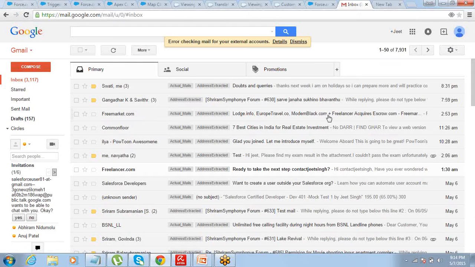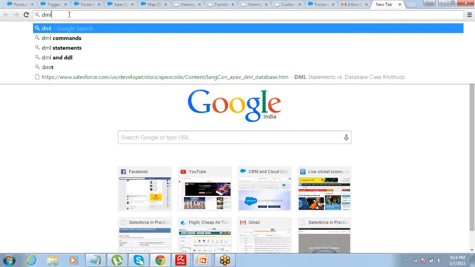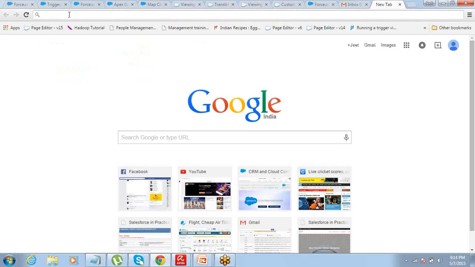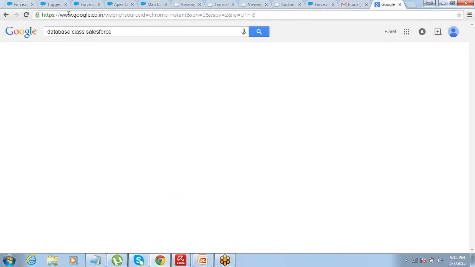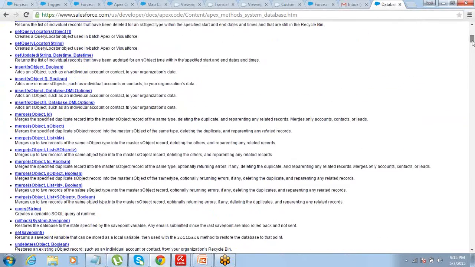So if you just search for the Database class in Salesforce, it will give you a list of all the methods that are there inside it. See, there are so many of them.